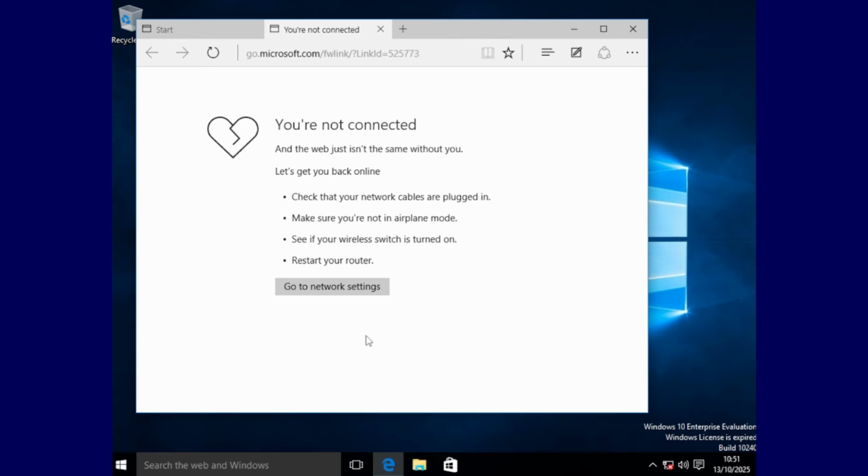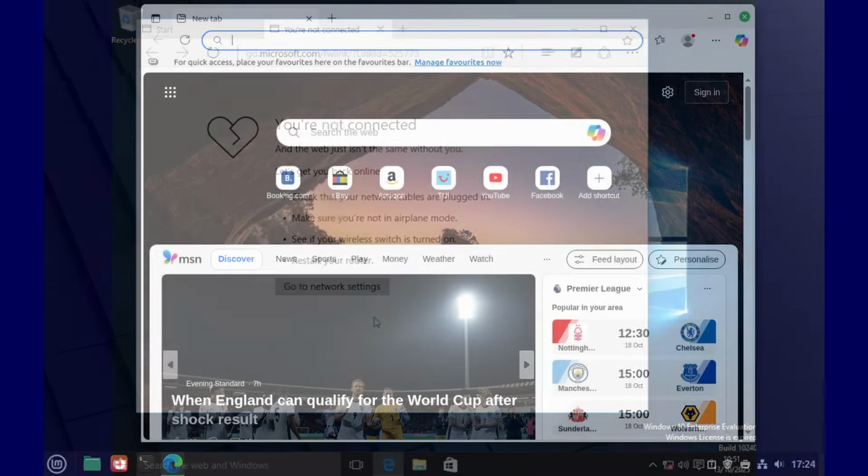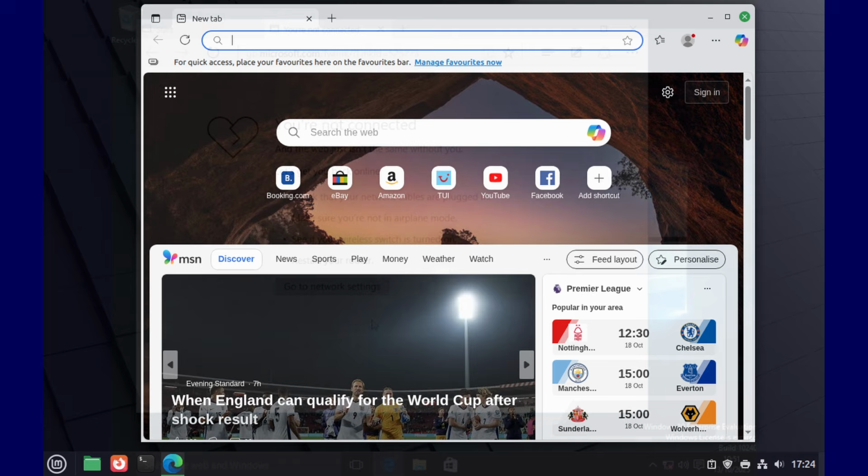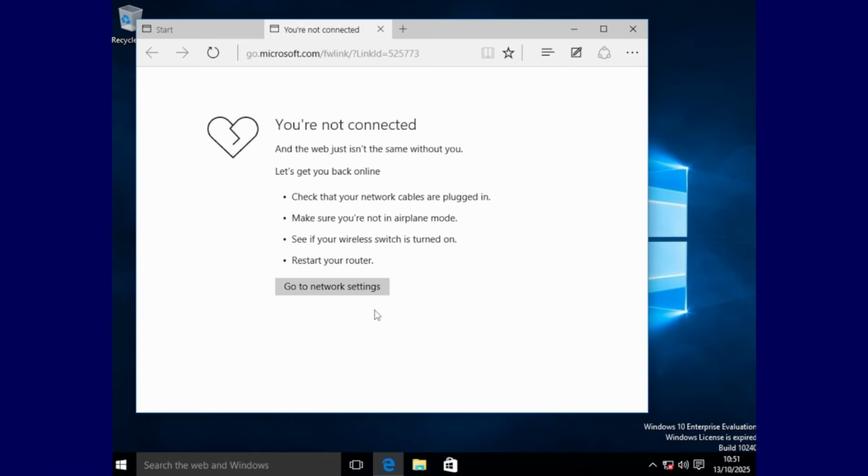And in fact, you can actually download Microsoft Edge on a number of different platforms, including Linux. Yes, indeed, I have used Microsoft Edge on Linux. Do I use it as my primary browser? No, I do not. But it is very much doable.